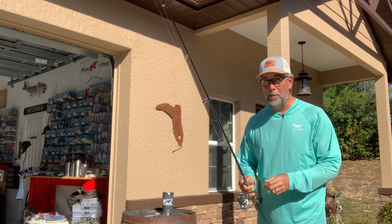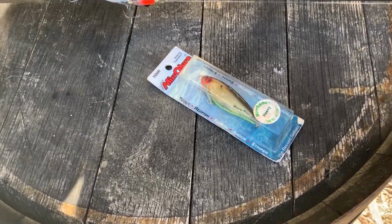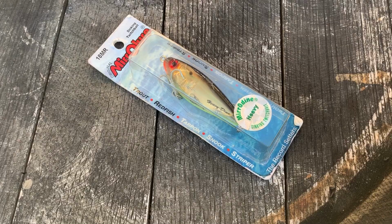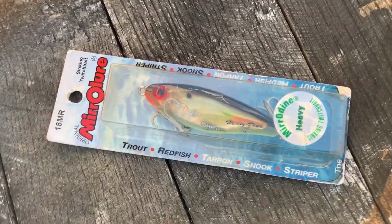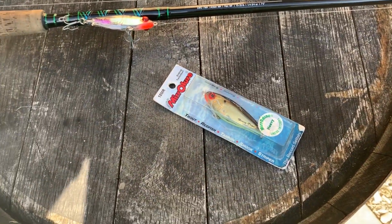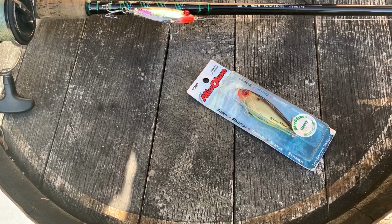Now let's talk about the equipment that you're going to need. So let's talk about the components necessary to do this. One, obviously, is the 18 MR. This is the Heavy Dean. It's innocuously marked on the packaging and on the bait. That way you can disseminate between that and your normal 17 MRs that are in your box, because these fall twice as fast,